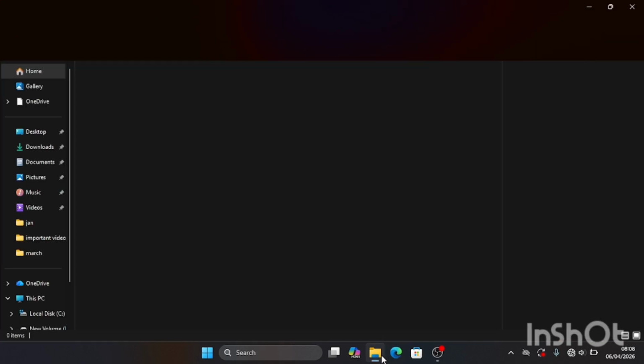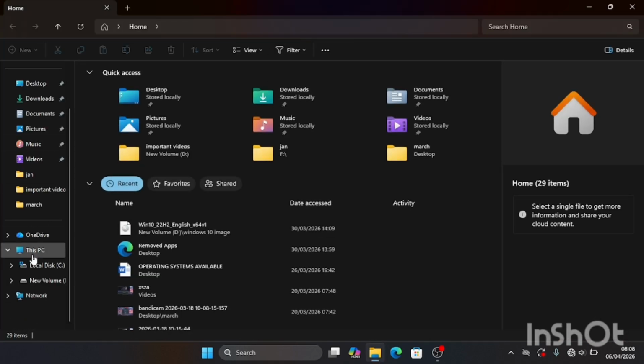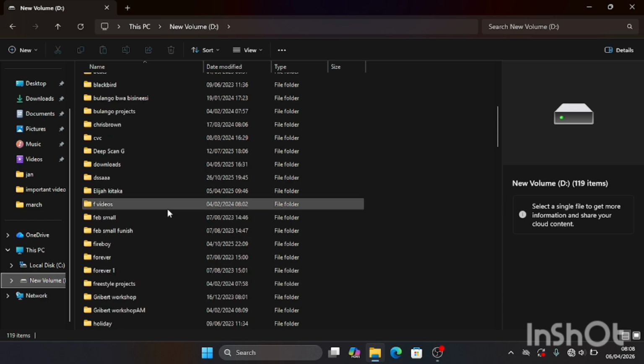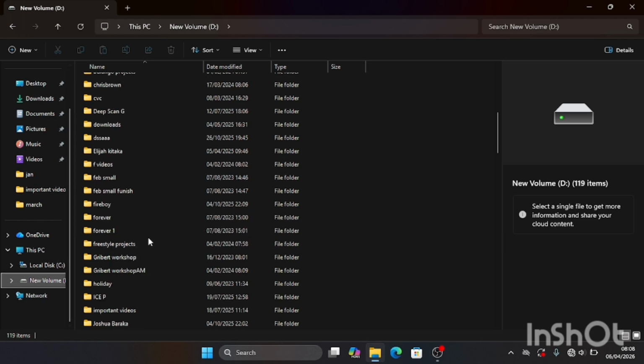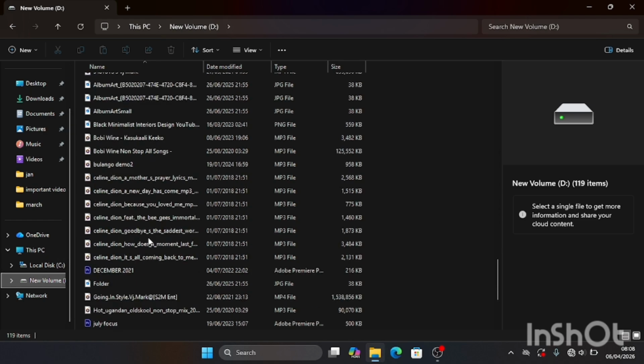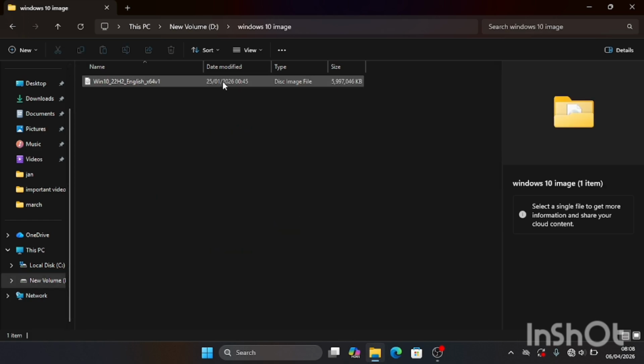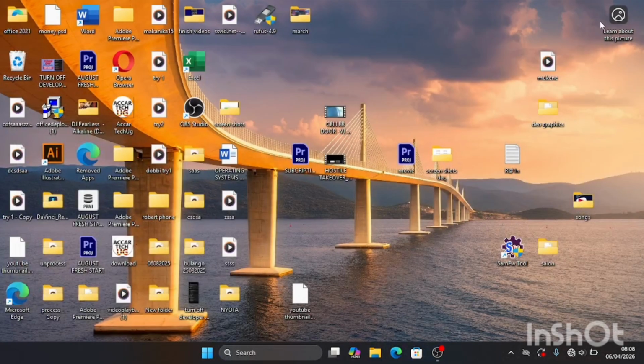So I go into the file explorer, then I head on to the other partition of my hard disk over here. So I'm gonna show you that I already have the ISO image of Windows 10. It's over here. I do have it in this folder. So then I go back. As you see, the file is about 5 GB and extra MBs. So I go back here, then I first get to insert in a